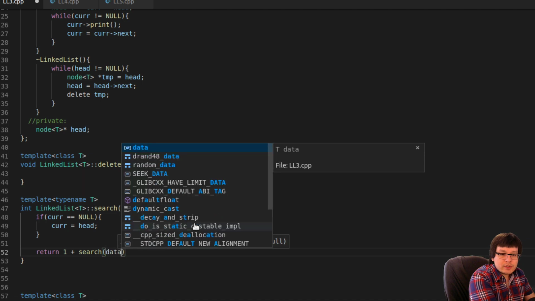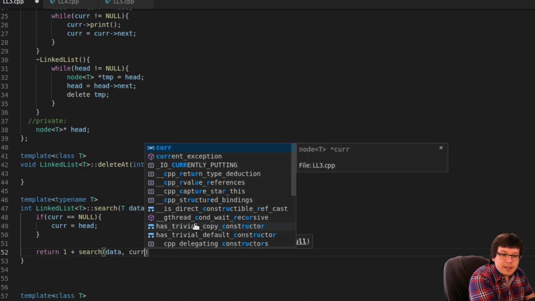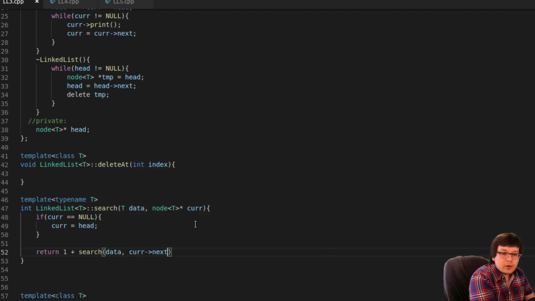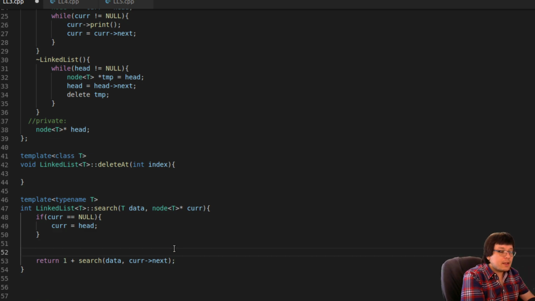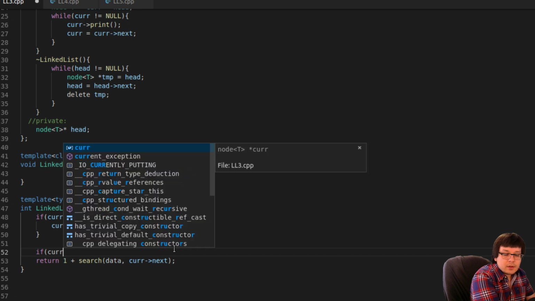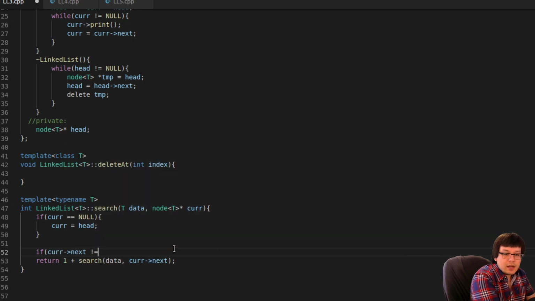So for the search, it's always going to be the same data, but here we're going to want to pass cur next. However, we want to make sure that this is not equal to null, because if it's equal to null, then it's going to reset. So we're going to write this in the if statement saying if cur next is not equal to null, then go ahead and call the function.